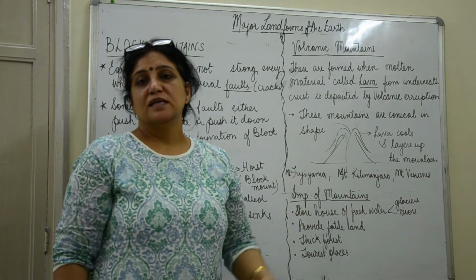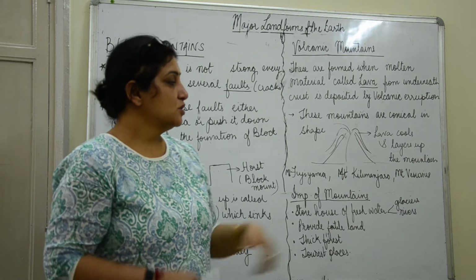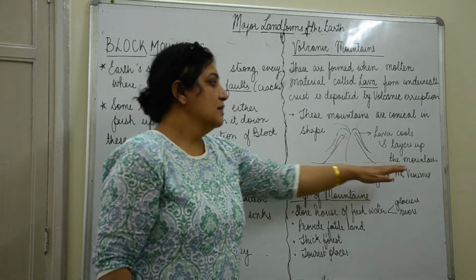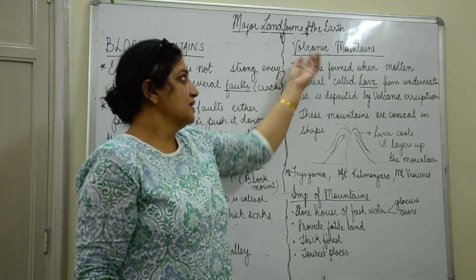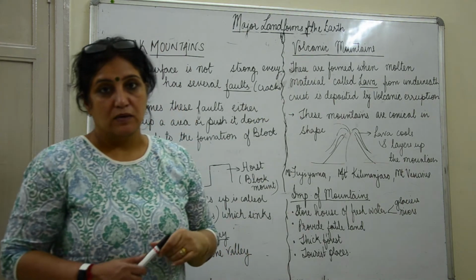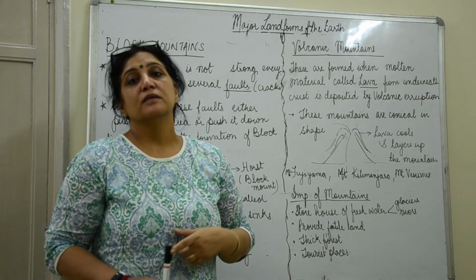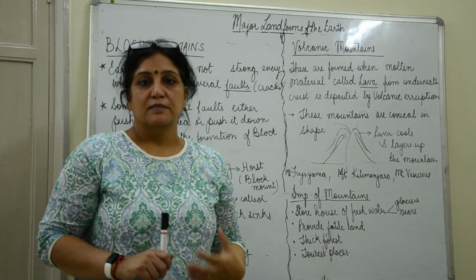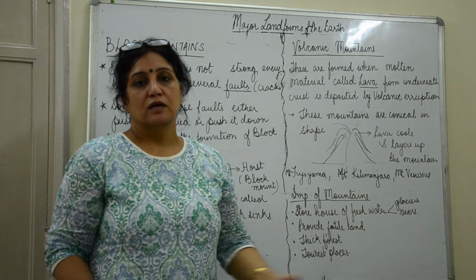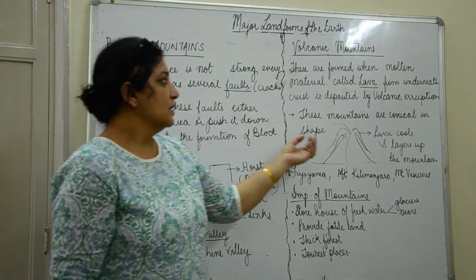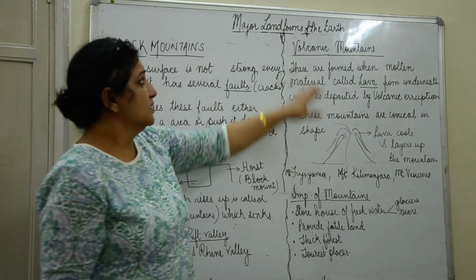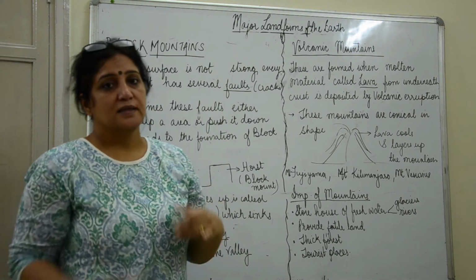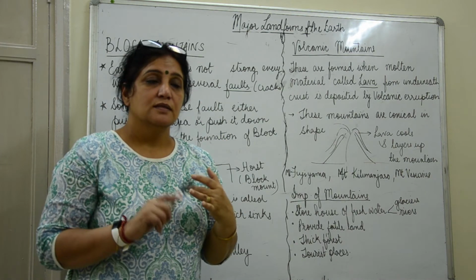Then you have Mount Kilimanjaro, which is in Africa, which is the highest peak in Africa. Mount Vesuvius, which is near Italy. So all these are examples of volcanic mountains. When it comes to India, we have the Barren Island, which is in Andamans. So we have a volcanic mountain kind of a thing in the Andamans. Okay. Now, so these were the three kinds of mountains that we had studied: the fold mountains, the block mountains,